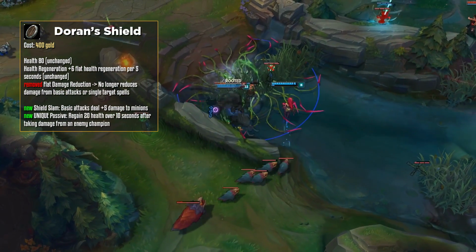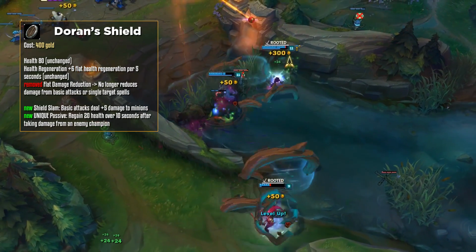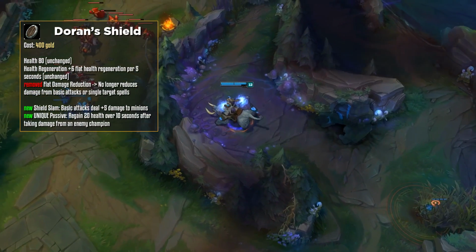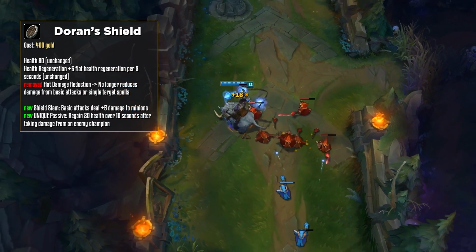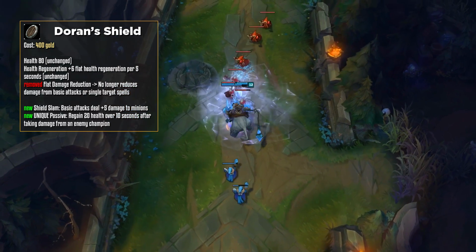This item also gained a unique passive that makes you regain 20 health over 10 seconds after taking damage from an enemy champion. This now means that it's great against all champions. If you feel that you're in a very hard matchup, then Doran's shield is now a very viable buy. People would kind of try to avoid buying this item whenever they could, but now it's very solid in those